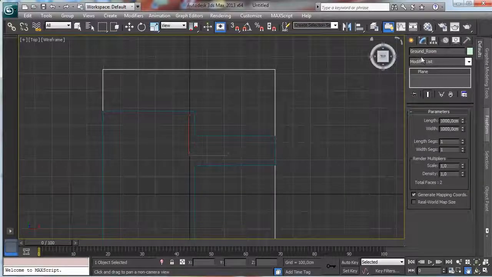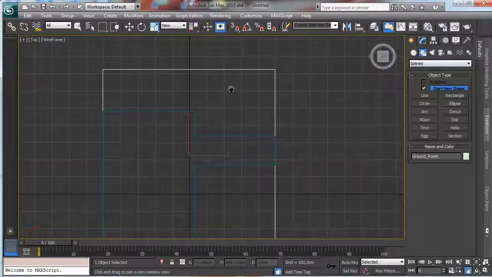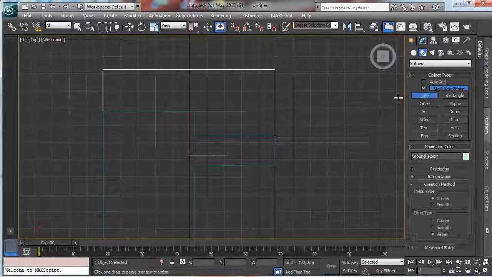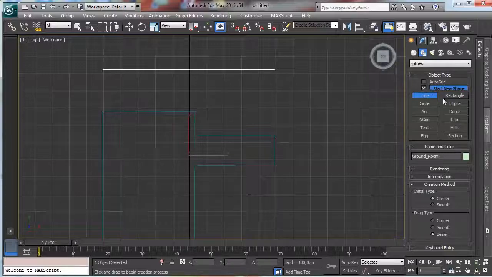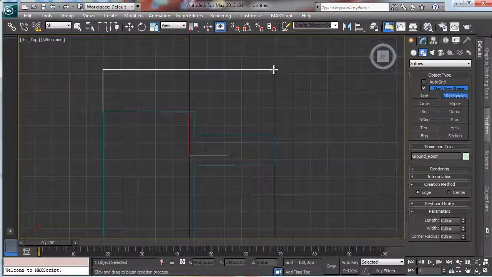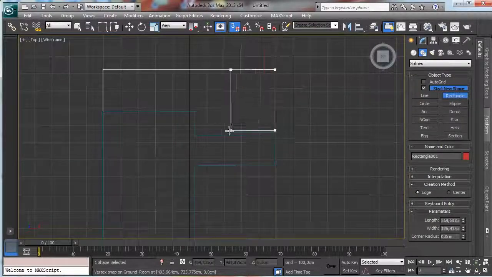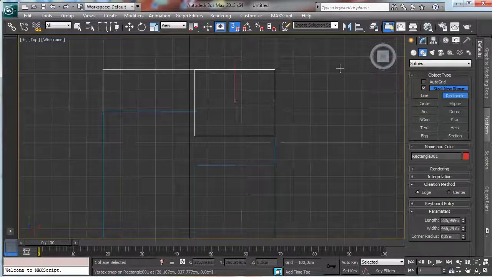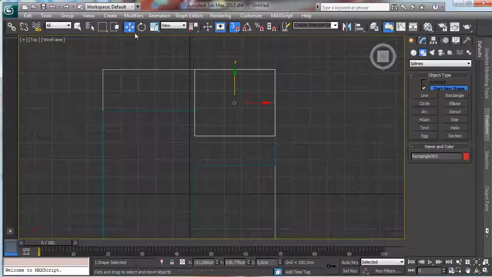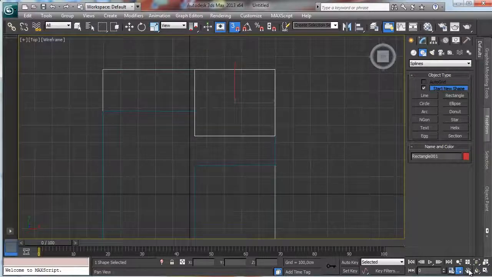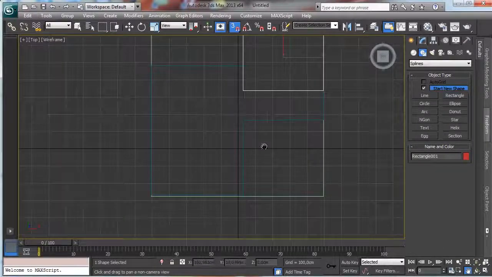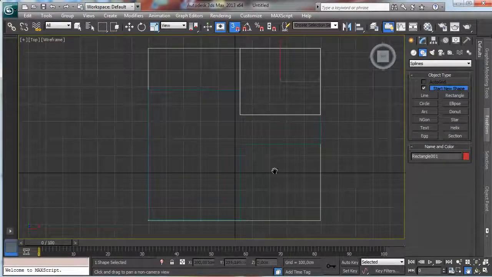So we can imagine that we have again the wall on the side, and let's say that we have a rectangle using the snap, and again another snap. So there we have another room, and that's the main room,